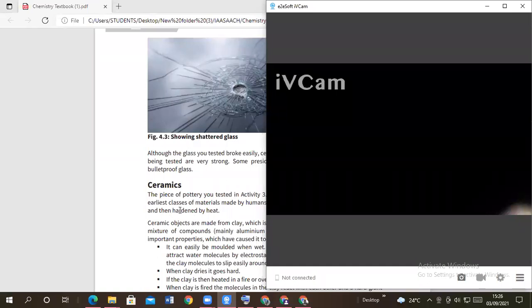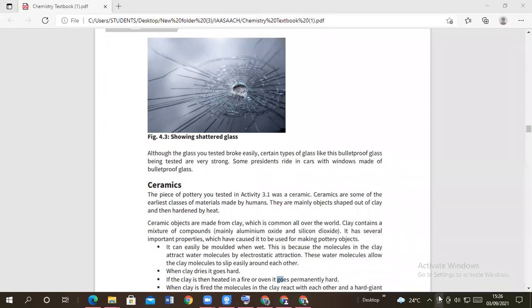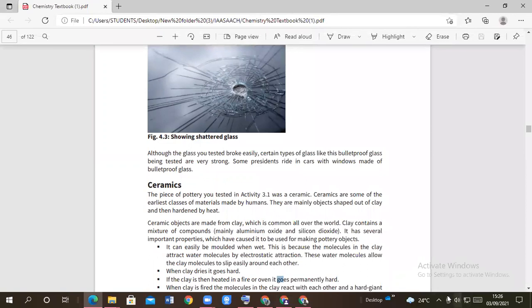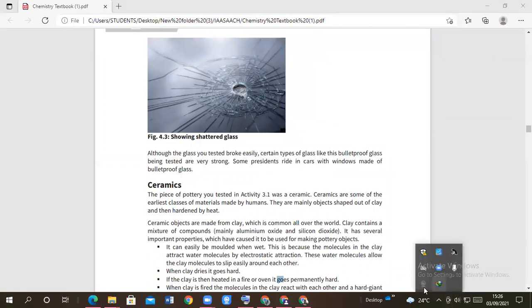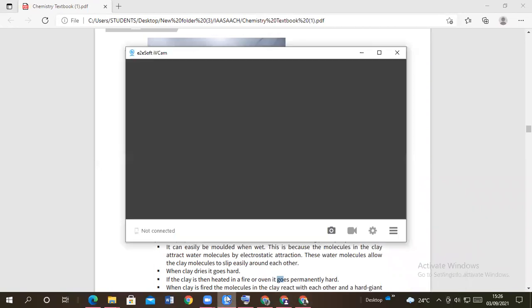Clay molecules slip easily around each other. It is easy for clay molecules to slip easily around each other, other than the glass material, isn't it? So if you study the properties of clay here, you will come to see that